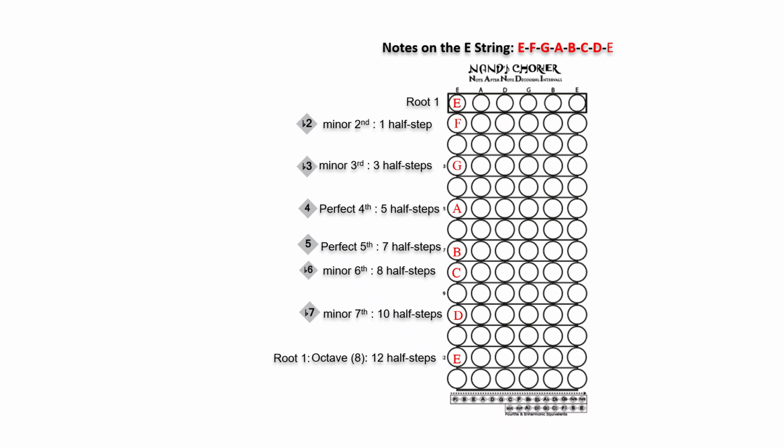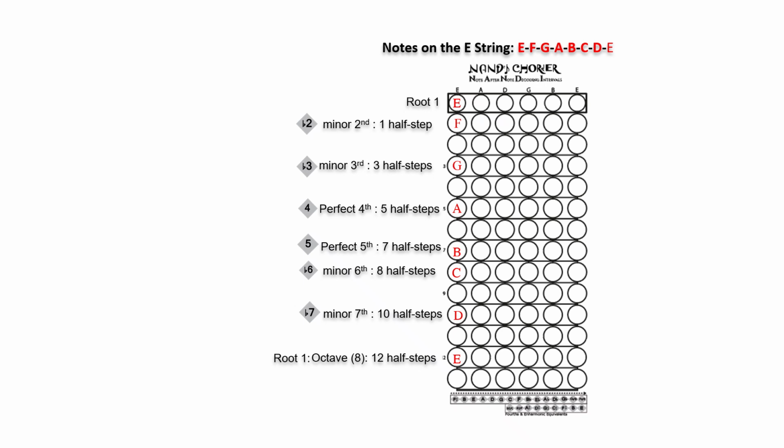A more practical approach is to use interval logic. Since 1 half step equals 1 fret, the number of half steps between open E and any note tells you exactly which fret that note is on. G, 3 half steps or a minor third above E, is on fret 3, B, 7 half steps or a perfect fifth above E, is on fret 7, and so on. Instead of memorizing fret locations, you use the note's interval from the open string to determine where it is on